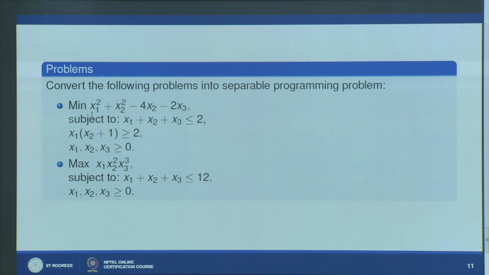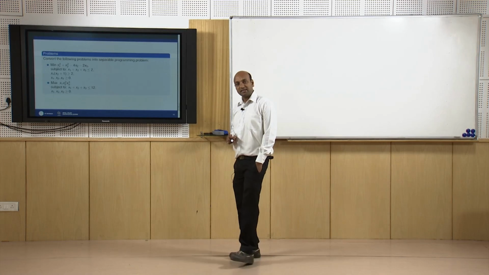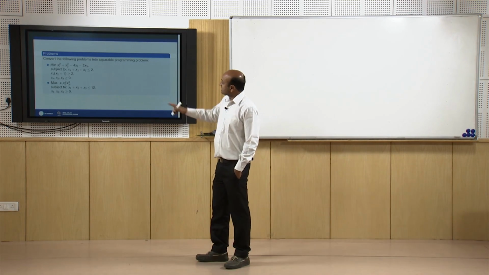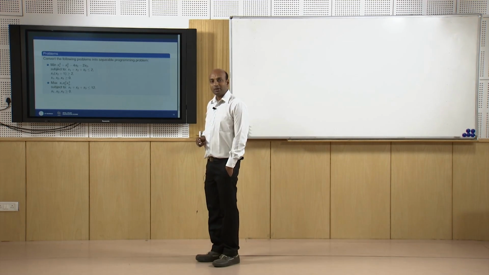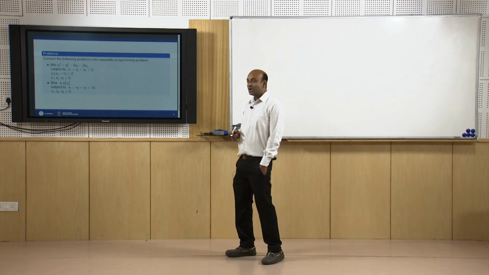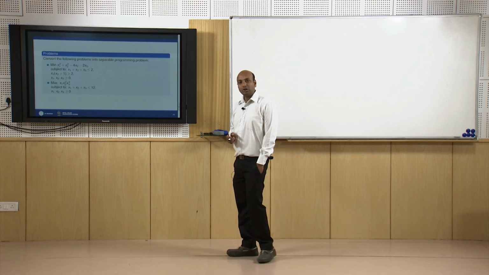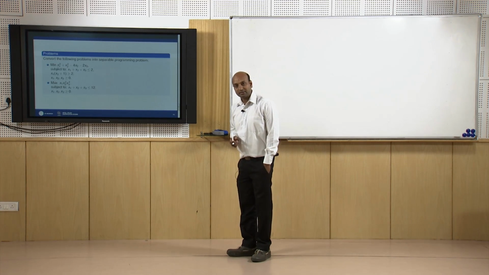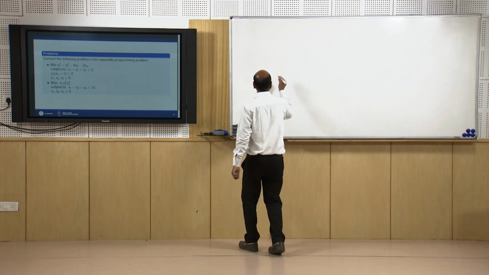So, it is the sum of 3 functions f1 x1 plus f2 x2 plus f3 x3. The first constraint is also separable: x1 plus x2 plus x3 less than or equal to 2. So, g1 x1 is x1, g2 x2 is x2, g3 x3 is x3. The next constraint,